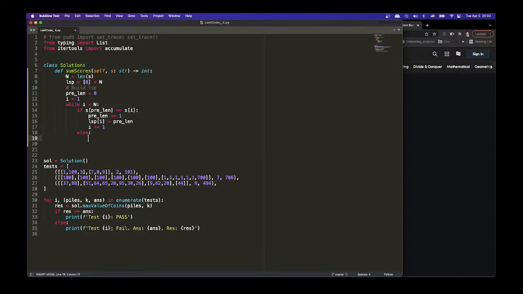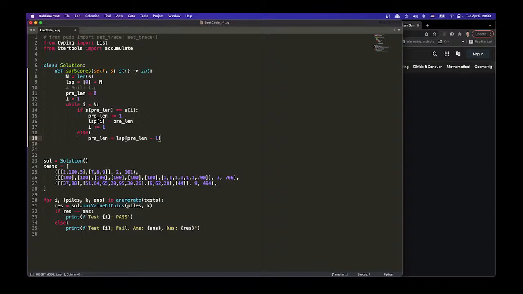What is the LSP for that? So we can find out the LSP for that, right? When you reduce the length, say pre-length needs to be reduced to LSP[pre-length - 1]. So when you reduce the pre-length, and then we need to go up again,